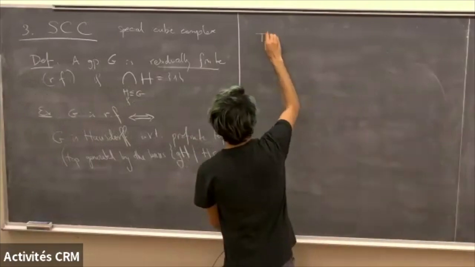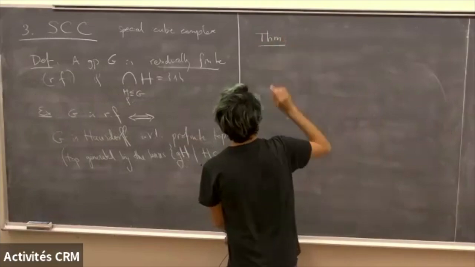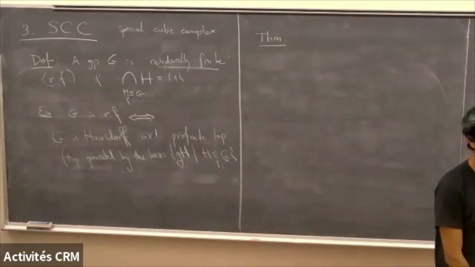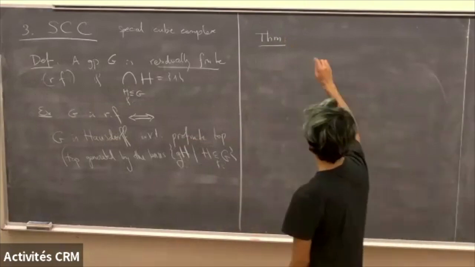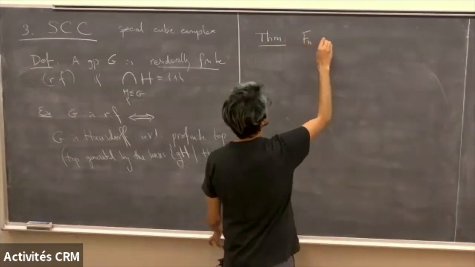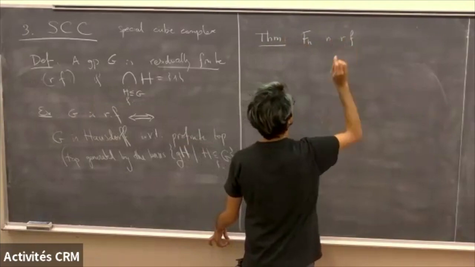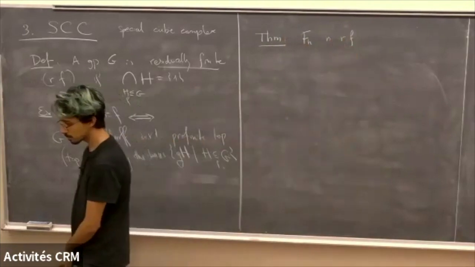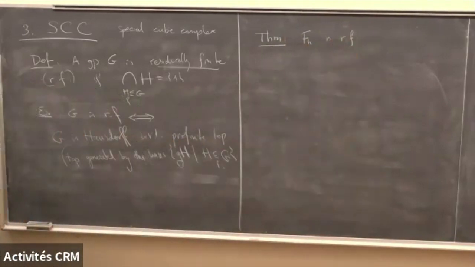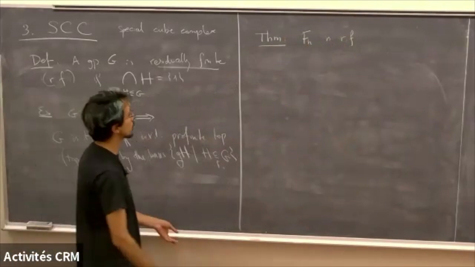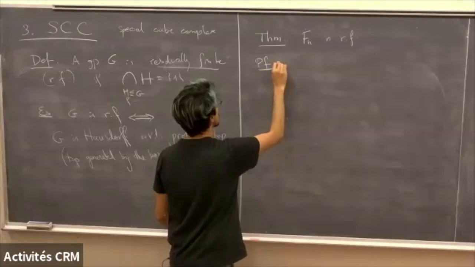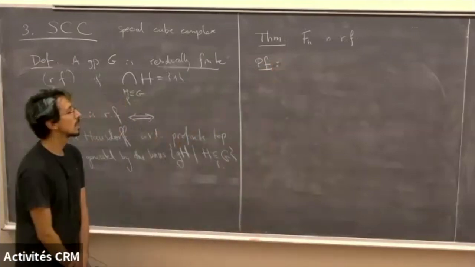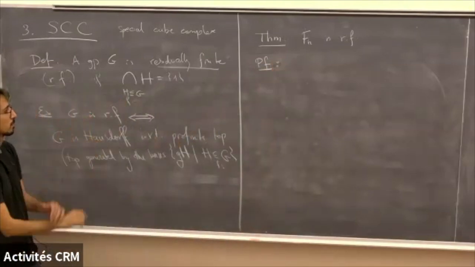Okay, and here is maybe the first theorem, which will be the sort of model theorem for what's coming up later: that the free group is residually finite. So what we'll do is give a proof of this that we can later generalize. I mean, one can also prove this in other ways.